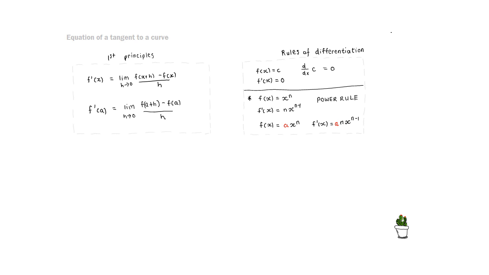When we look at computing the equation of a tangent to a curve, we need to take the derivative at that point. This means that we are finding the value of the derivative function at that point, and this is the gradient of the tangent line at that point. This is the important thing that you're going to have to remember. Once you've evaluated f prime of x,